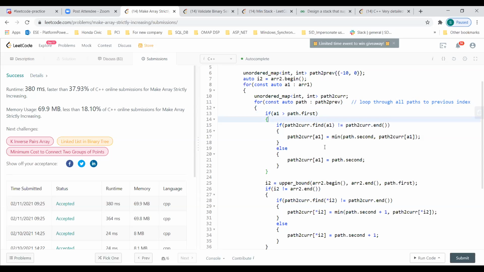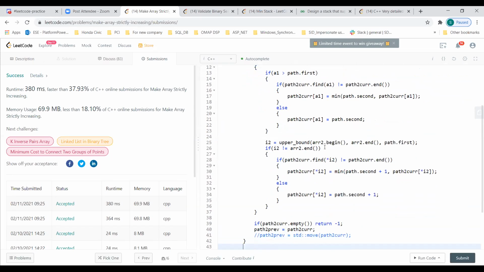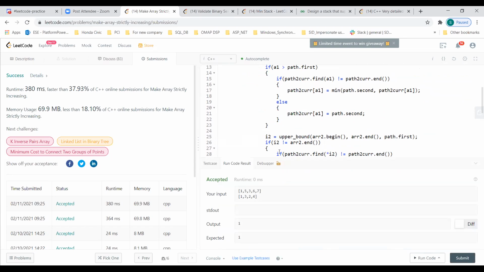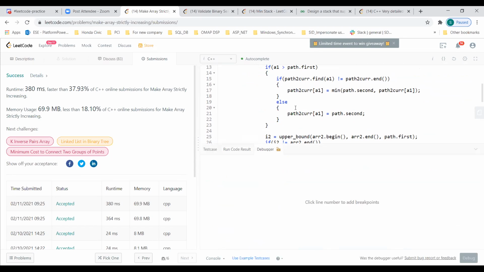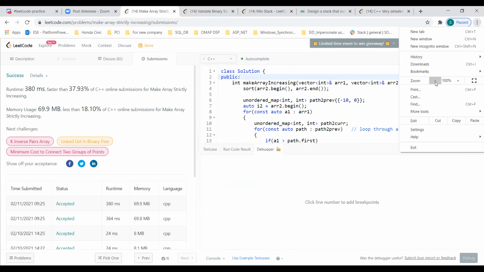But it's very easy to follow also, right? Maybe you can take one test case and we can see how many paths we are actually getting, and debug. Okay. Let me make this smaller.